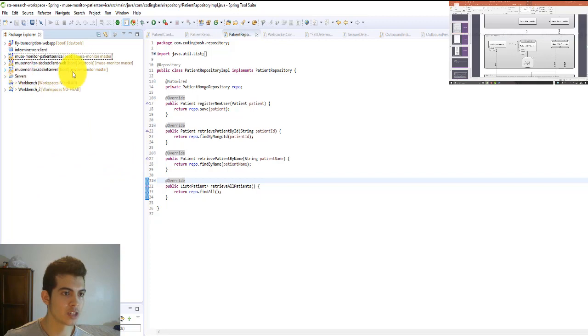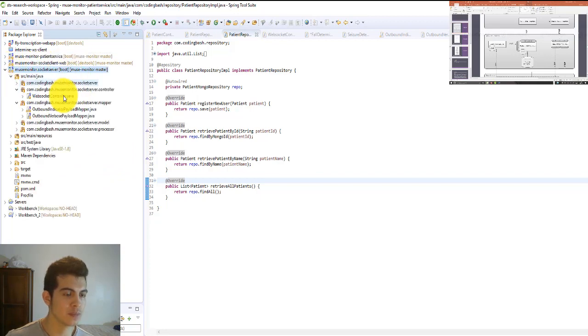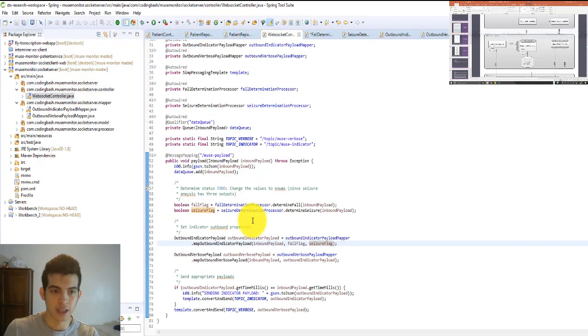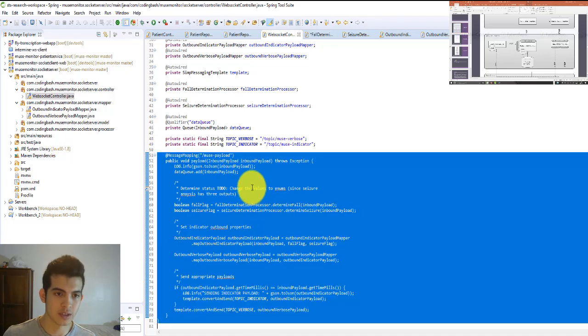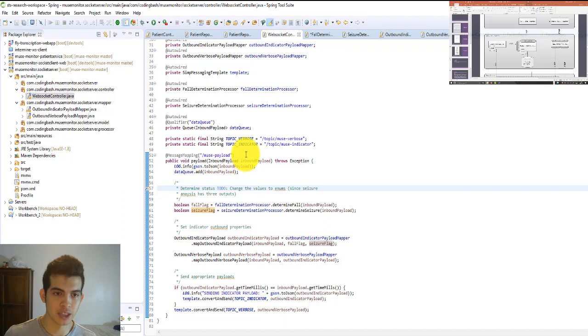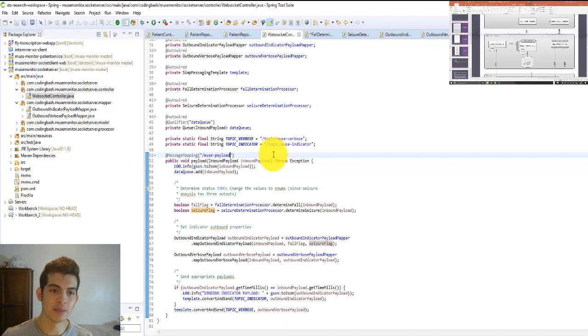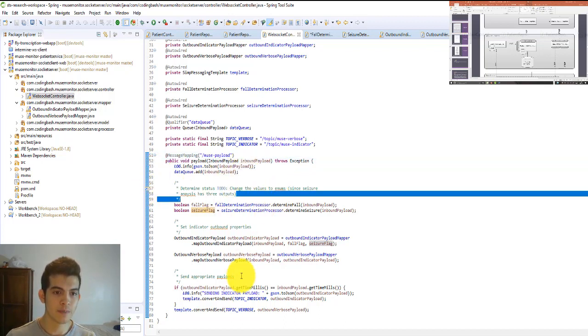Okay, so this is the project for the socket server. It also has a controller file, which has one endpoint, the Muse payload endpoint. Essentially, if anyone wants to send data to the service, they will have to put this in their message. They will have to indicate that this is a proper URI to stream the data to this socket service. Once we retrieve the data as an inbound payload, we will add it to a queue, and we will